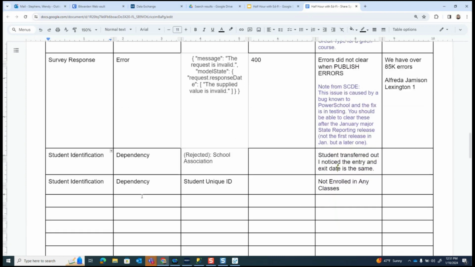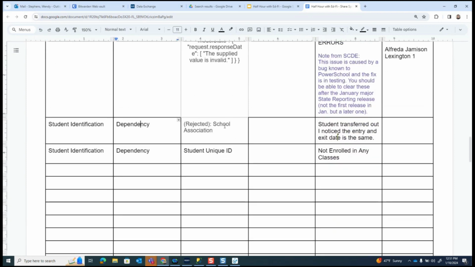And then we have a few that have been added down here: student identification dependency on rejected school association, and a note that the student transferred out, and the district noticed that the entry and exit data are the same. So no-show record, I guess. And then another on student unique ID, not enrolled in any classes. Brett, do you have any thoughts on these two? What they could try there?